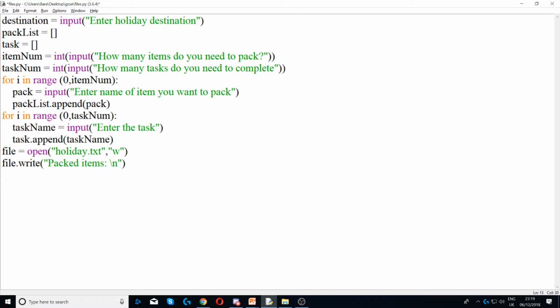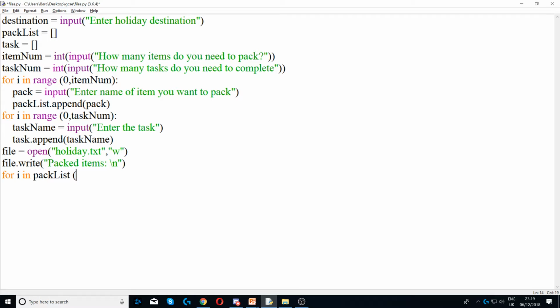So this will say packed items, and then it will move to a new line. Next, I want to loop through my array to list the items. So we write for i in pack list,